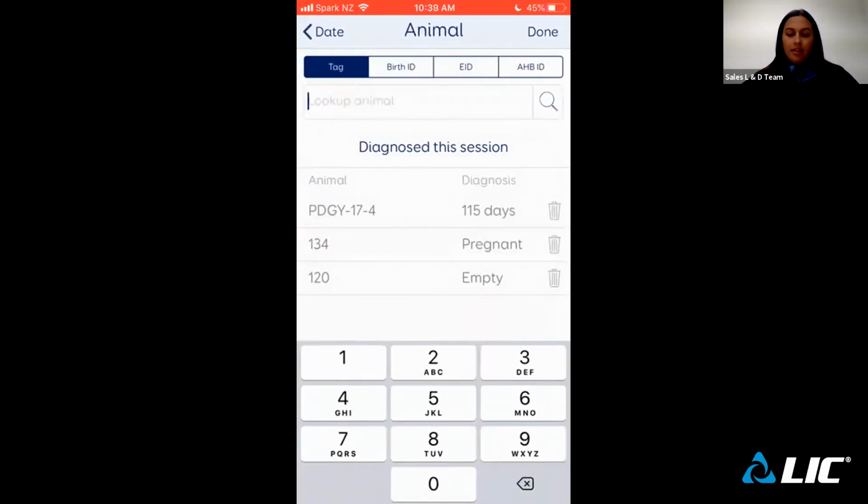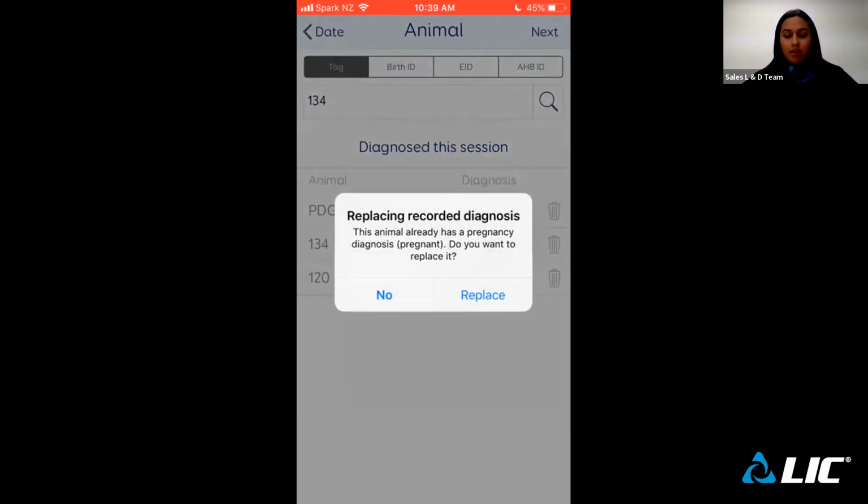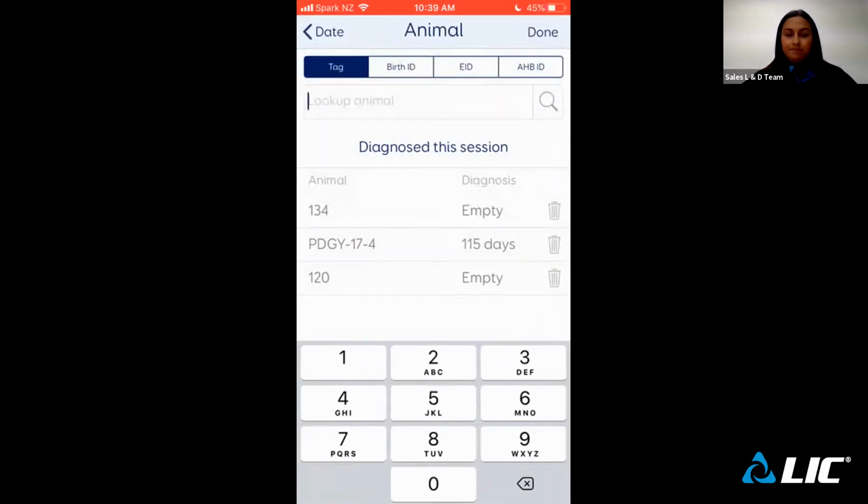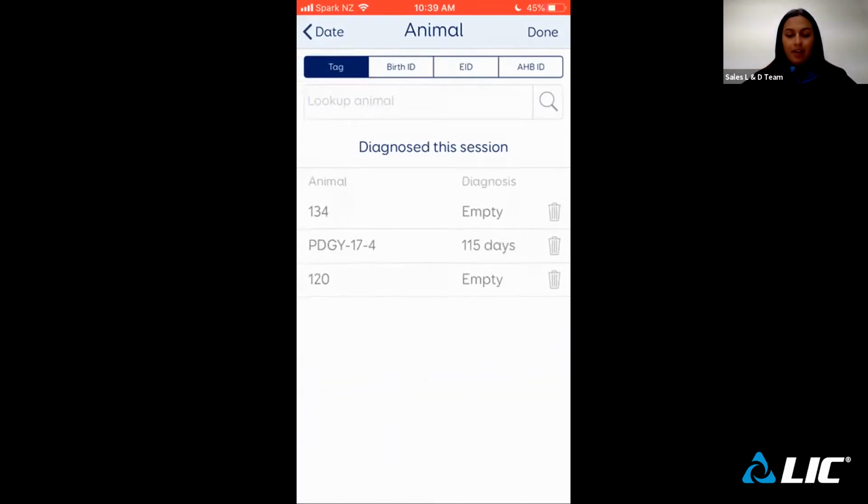The other message that you might see is if you're trying to record a PD for an animal that already has one for the same date. So for example, if I try to record another PD now for cow number 134, I get a message to say that I've already recorded 134 as pregnant, and it asks if I want to replace this. So I might have made a mistake. So yes, I want to replace this status. Let's just say she's empty now. That's all I need to do if I choose to replace, and 134 jumps to the top of my recent